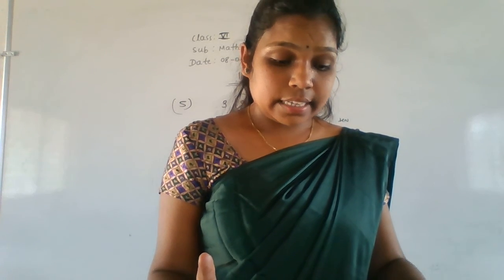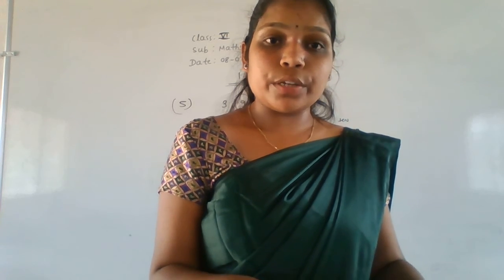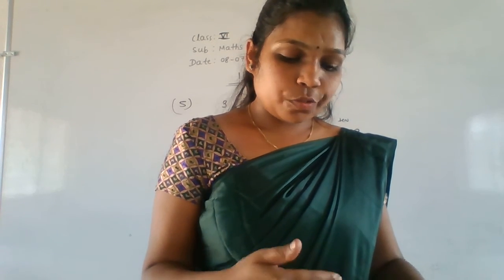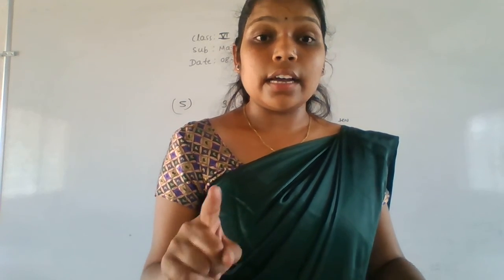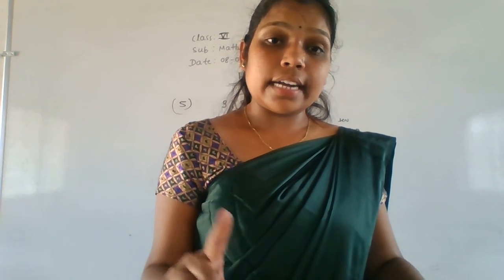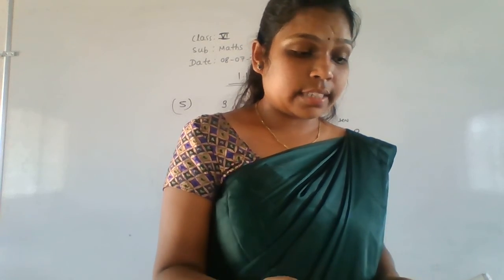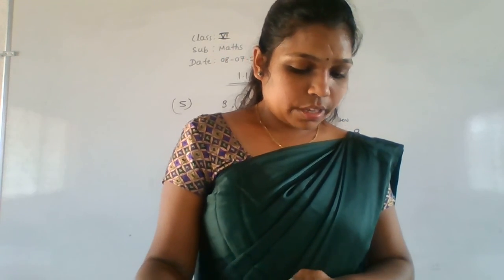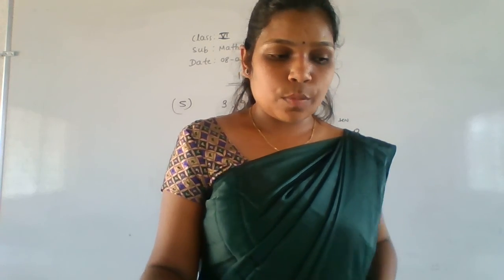Whatever I am telling, I hope everyone is understanding here. This is a very easy concept, formation of numbers. I solved 1 to 5 on the board, so you have to solve that in the SW, not in the CW. Whenever I tell you, that time you have to write the exercise. When we complete the whole exercise 1.1, then you can write it in the CW. So solve 1 to 5 of 1.1 in the SW. That is the homework for you.